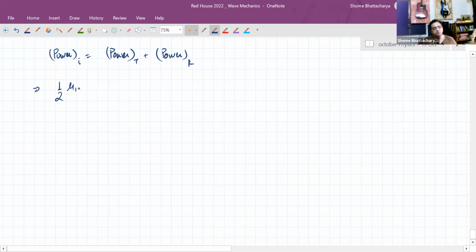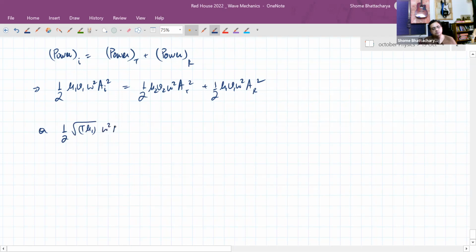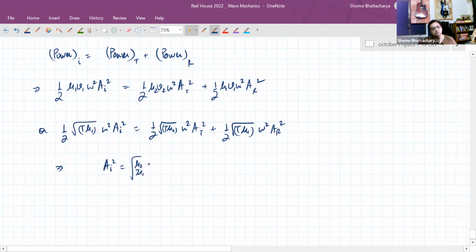So half mu1, or we can write this as, so this equation becomes like this. So we have